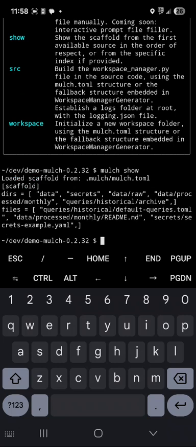This is a scaffold of directories. Data directory, secrets directory, subdirectories inside of that. This is going to place some files that might be templated. We actually don't have that functionality built out right now. Right now it's just placing empty file names. Or if the file is provided in the mulch source code, packaged, when I build it,